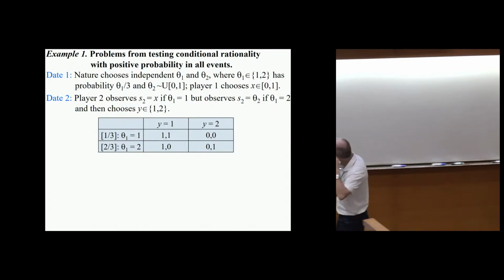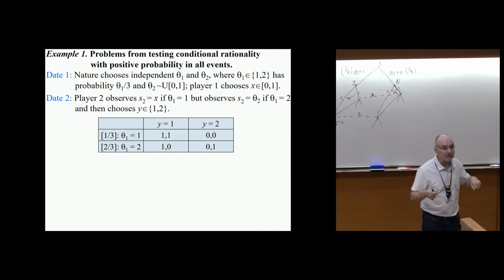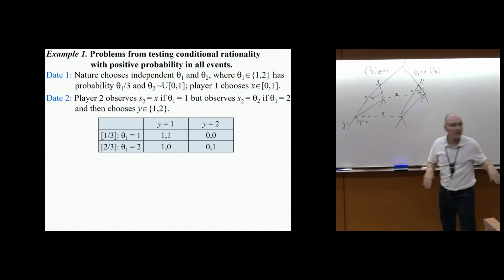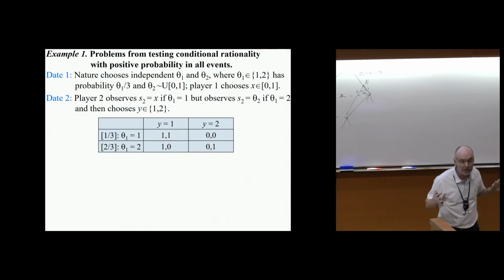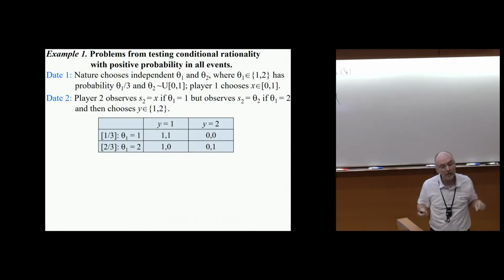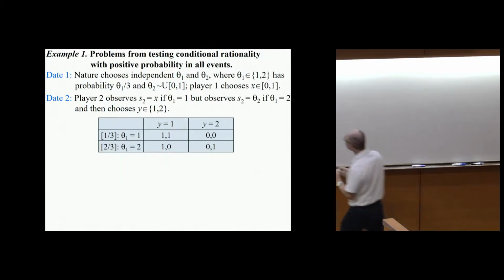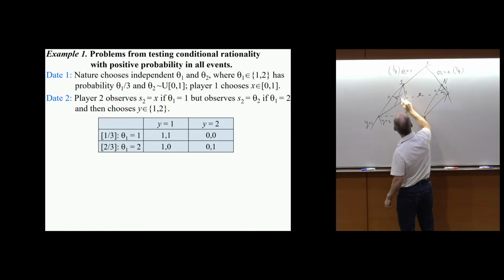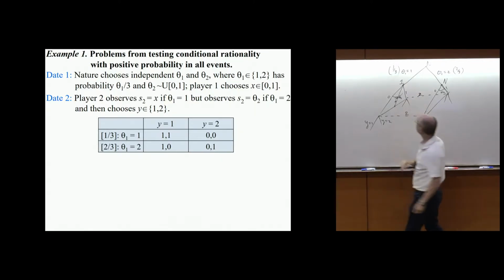So, let's perturb the strategies. Let's take the uniform distribution equilibrium. Let's suppose that information set has probability 0. Let's perturb player 1's strategy to give that information set positive probability. So if we perturb player 1's strategy, let's make this a half right here, x equals a half, to give this positive probability,